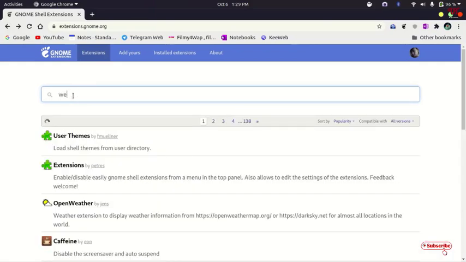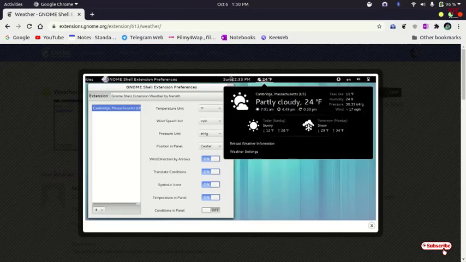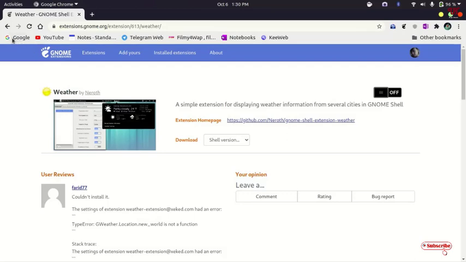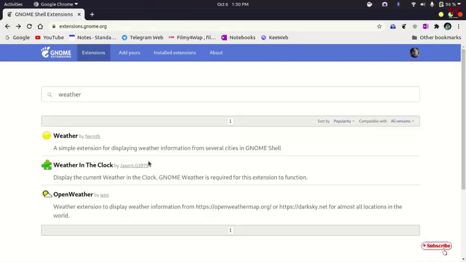So if you're in need of weather information, then you can search for weather, and you can select this weather application. So you can see here this weather application will be shown in the panel. So it is very useful if you want to track or check the weather every day of your respective locations, then you can use this weather application too. Again, once again I would like to show a few more extensions